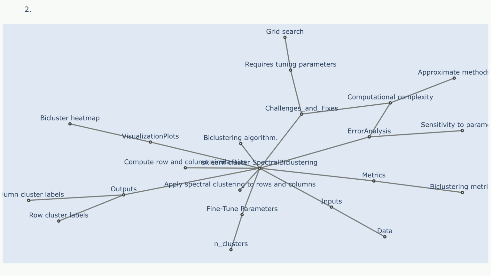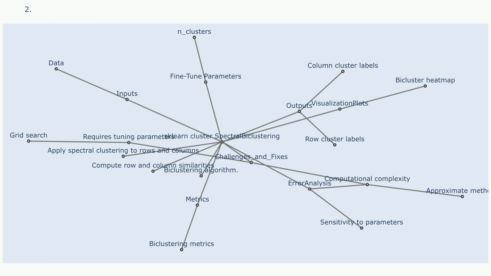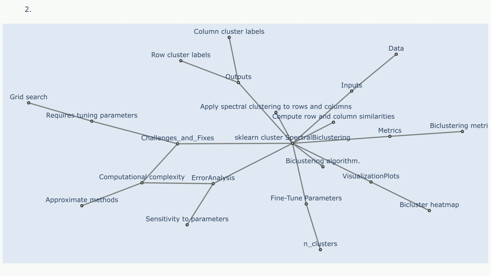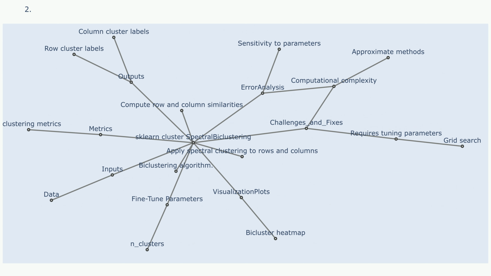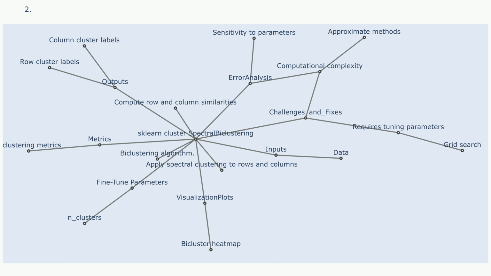Outputs: row cluster labels, an array of integer labels assigned to each row indicating its row cluster membership. Column cluster labels, an array of integer labels assigned to each column indicating its column cluster membership. Steps: compute row and column similarities, calculate similarity matrices for both rows and columns using a specified similarity